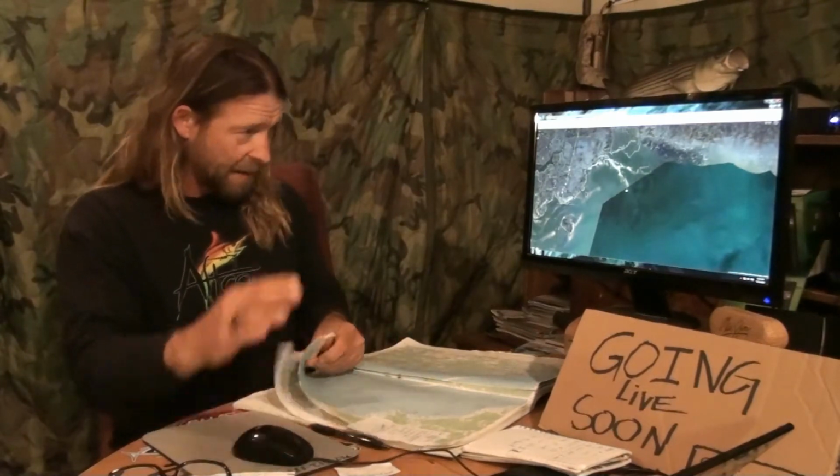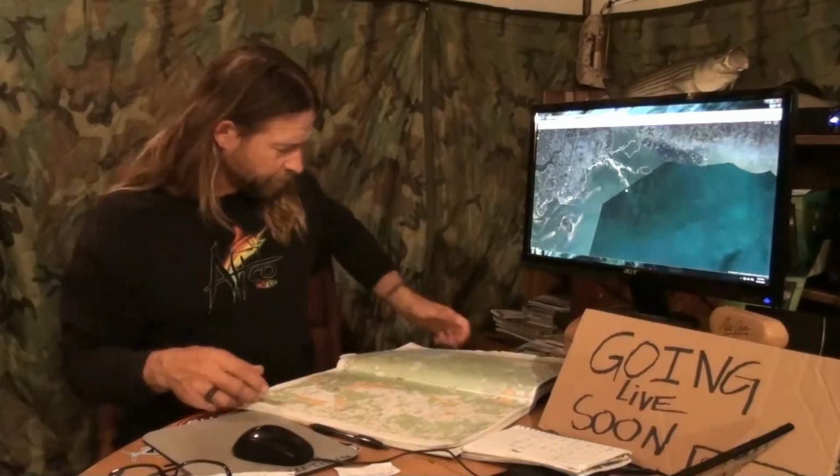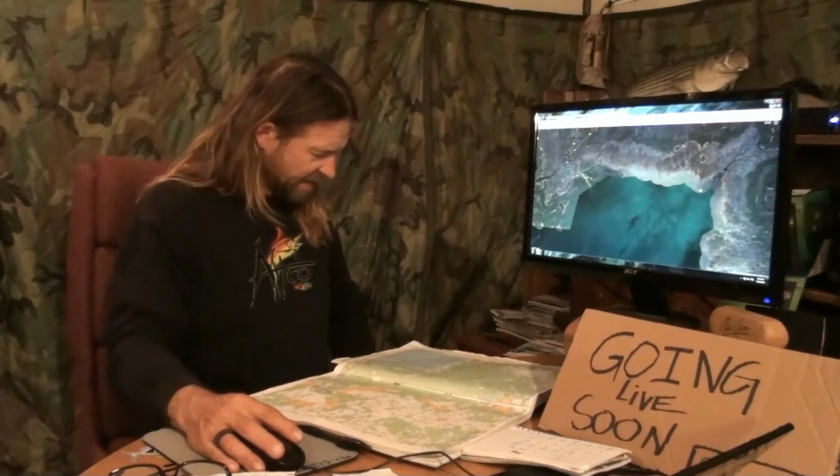So I camped there for another night, and the next day I'm heading east into the headwinds again. So the headwinds have started up again. Paddle east through here, and as I turn south, I'm noticing that this is all marsh grass. Right? This is all marsh grass. That's all marsh. And as I turn this corner,